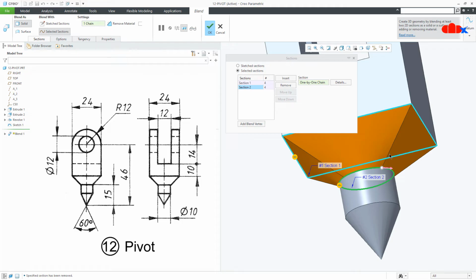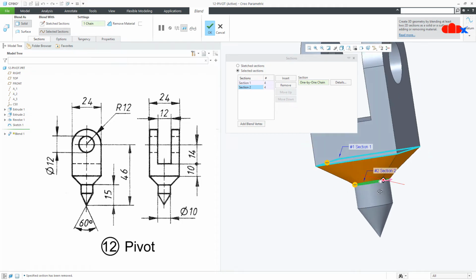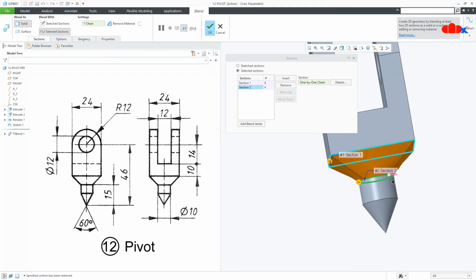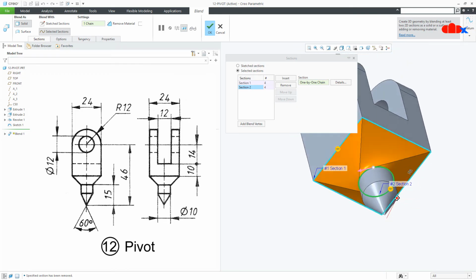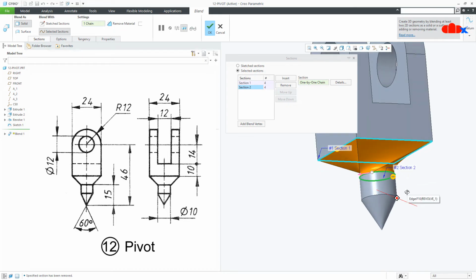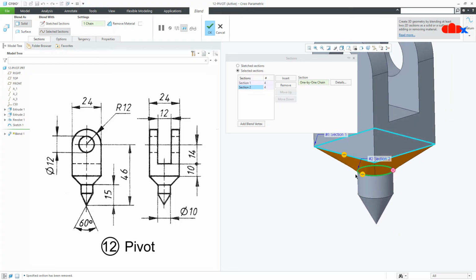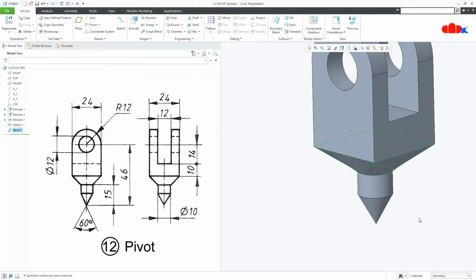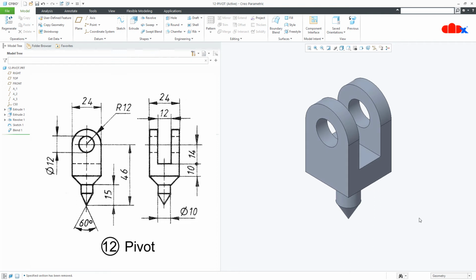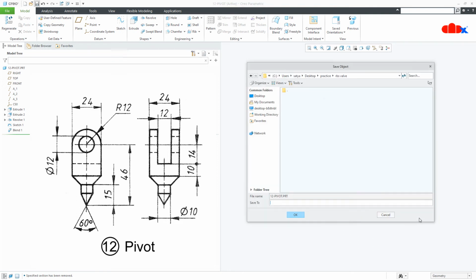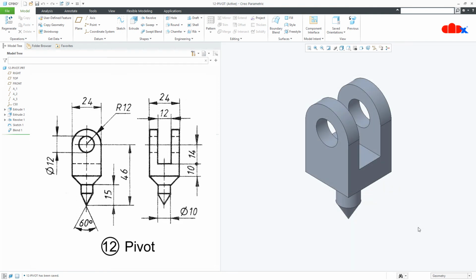Make sure that the start point matches, so you will get the correct result. If it is not matching, then you may get this kind of twisted result. Now I say OK. And this part is done. Now save it. So this part is also done.